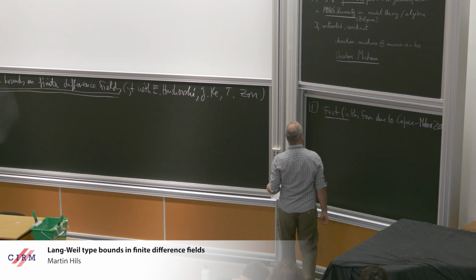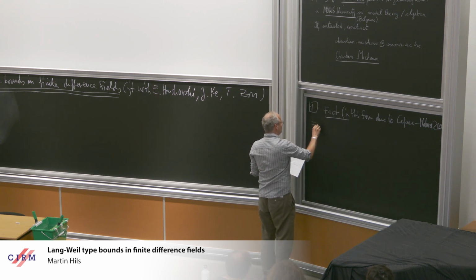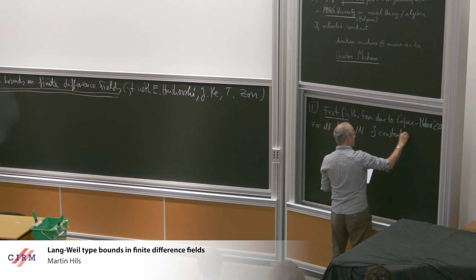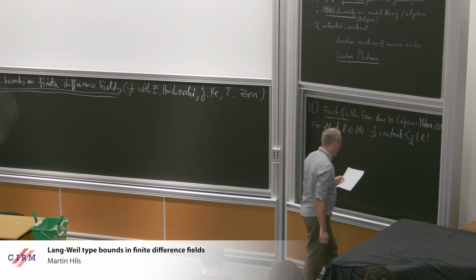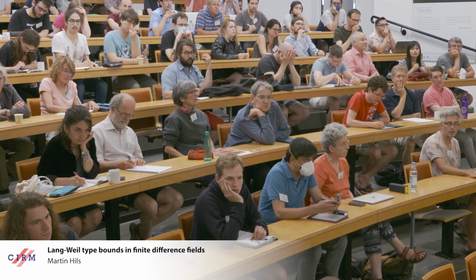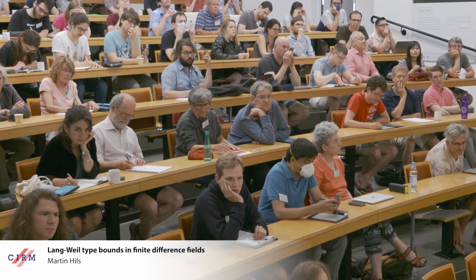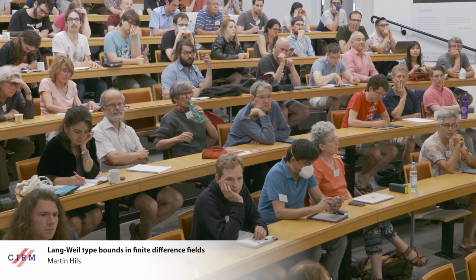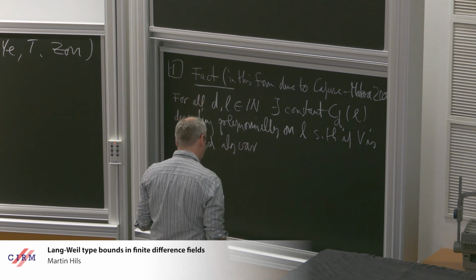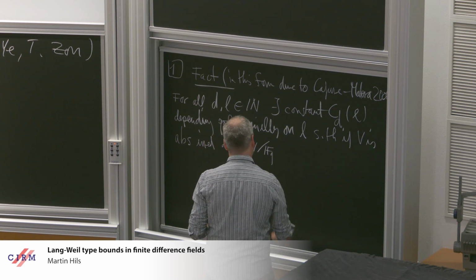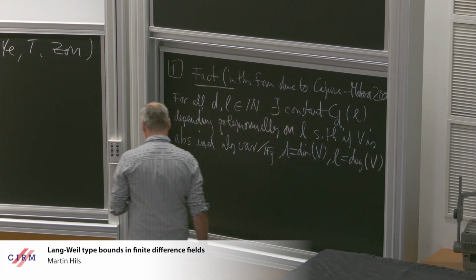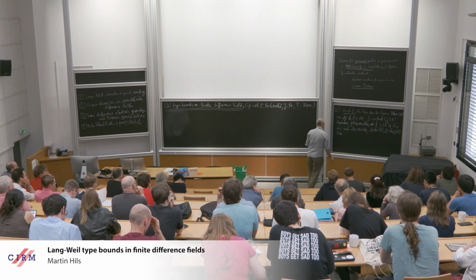So Lang-Weil estimates, we all know: for all integers d and l, there exists a constant C, say C_d(l), depending polynomially on l, such that if V is an absolutely irreducible algebraic variety defined over F_q, the field with q elements, of dimension d and of degree l, then we have the following count. So the number